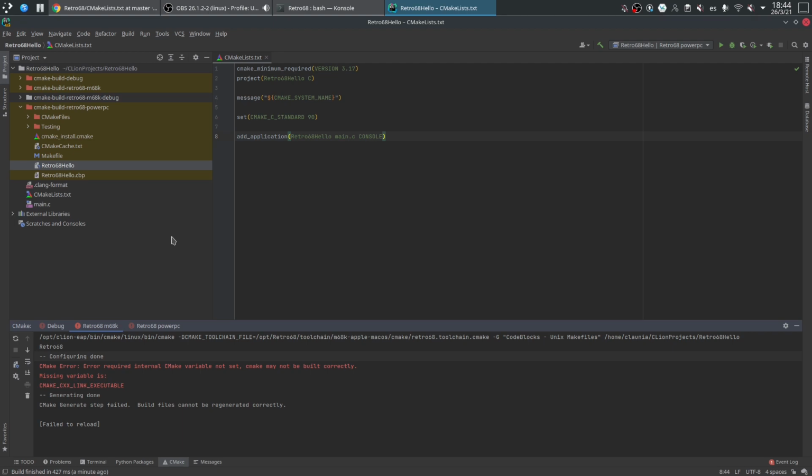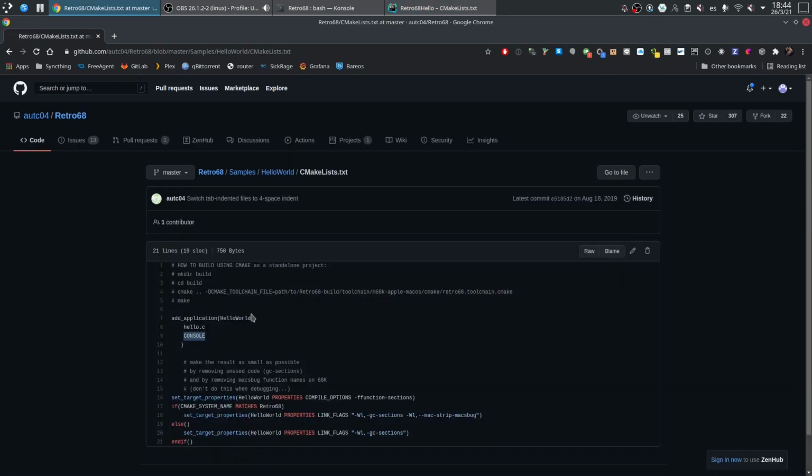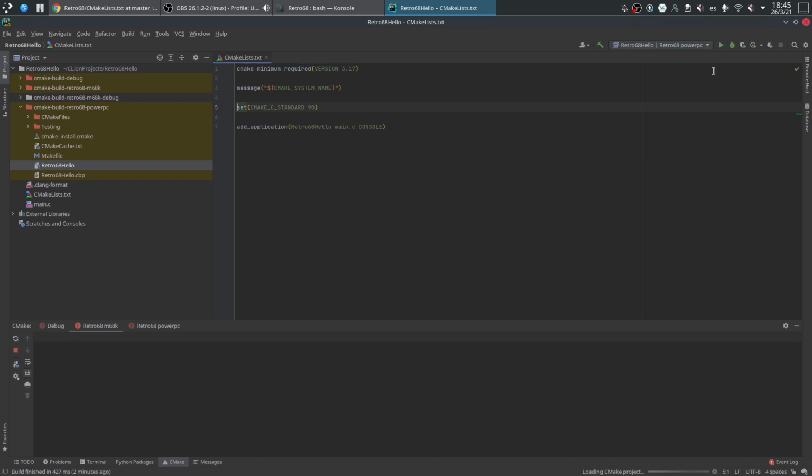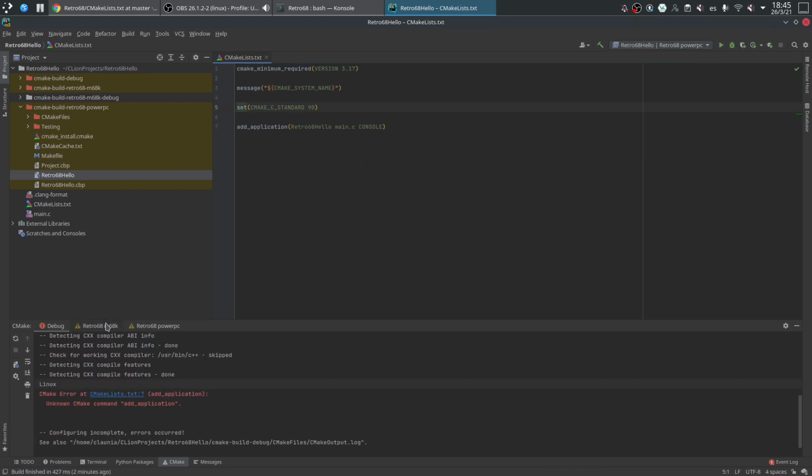I don't know why it's not working. I think that it's kind of tricky. It has some requisites about what you define for project and so on that are not exactly CMake compliant.